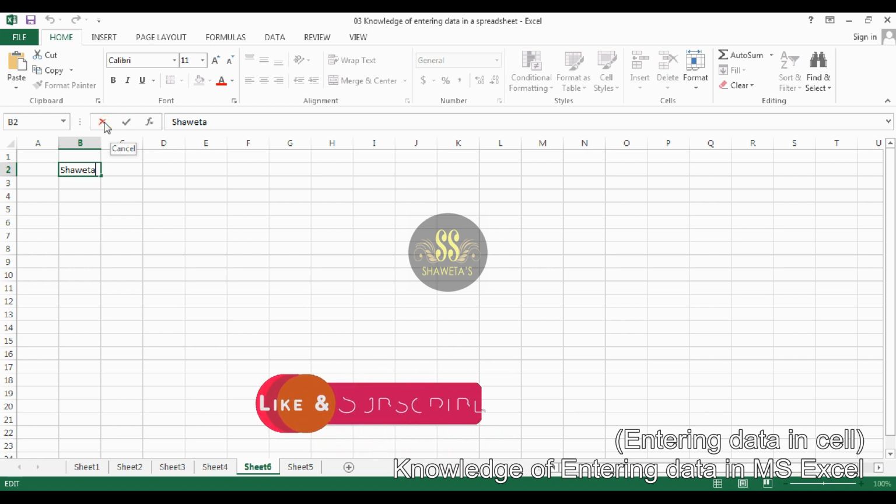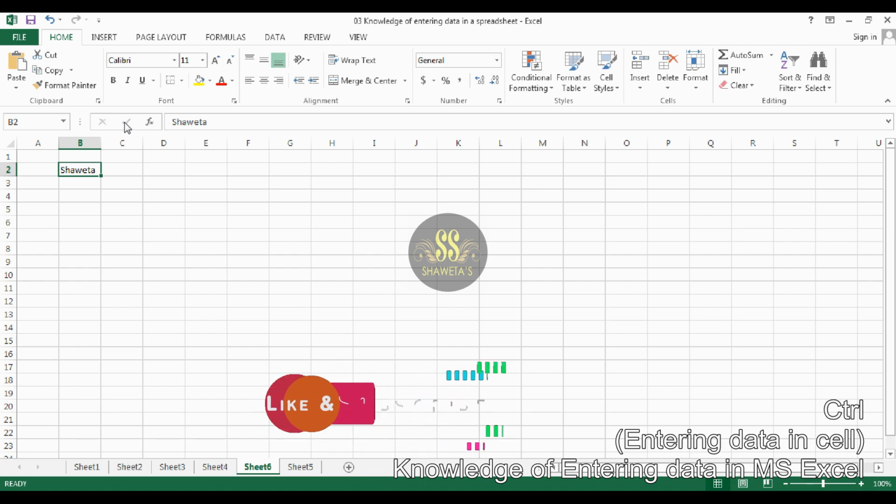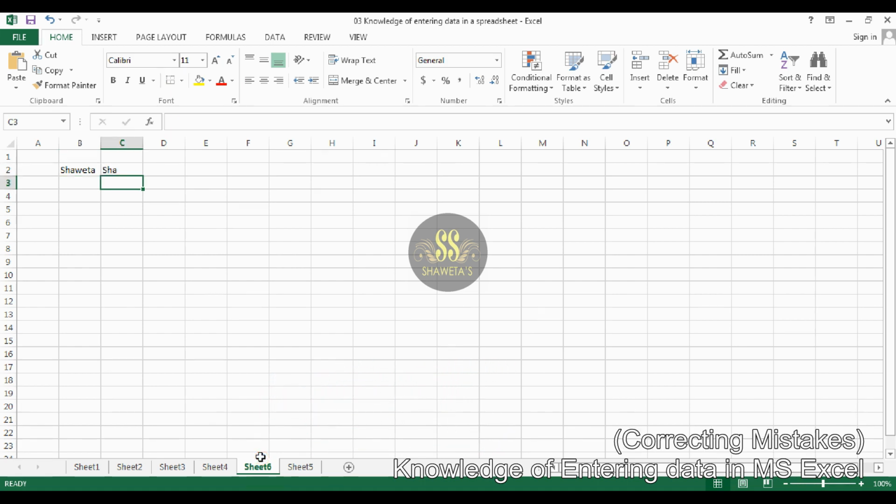The enter button, this tick button, is used to complete the data entry. Now correcting mistakes. If you type something wrong, you can delete the contents of the cell by selecting it and pressing the delete key.